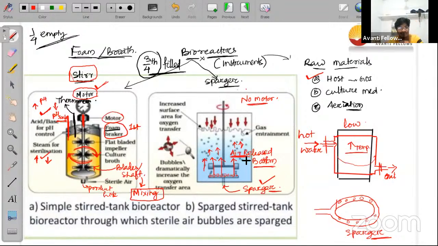When the air is released from the bottom into the bioreactor, this released air will help in mixing of the material. Is it clear to everyone? I hope this is clear now. Okay, let's move to the next